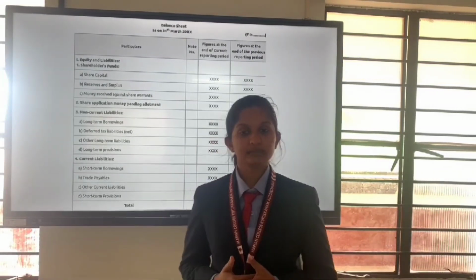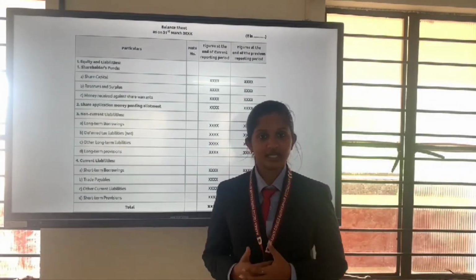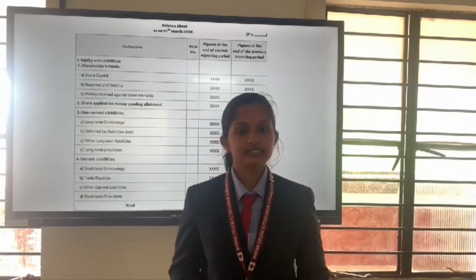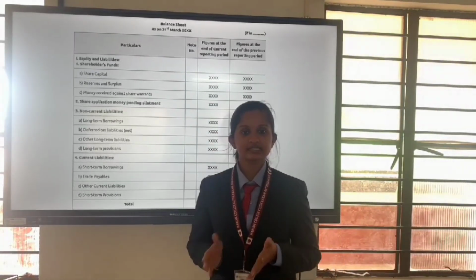The money invested by shareholders in exchange for shares, that is share capital. And the second one is reserves and surplus: retained earnings and other accumulated